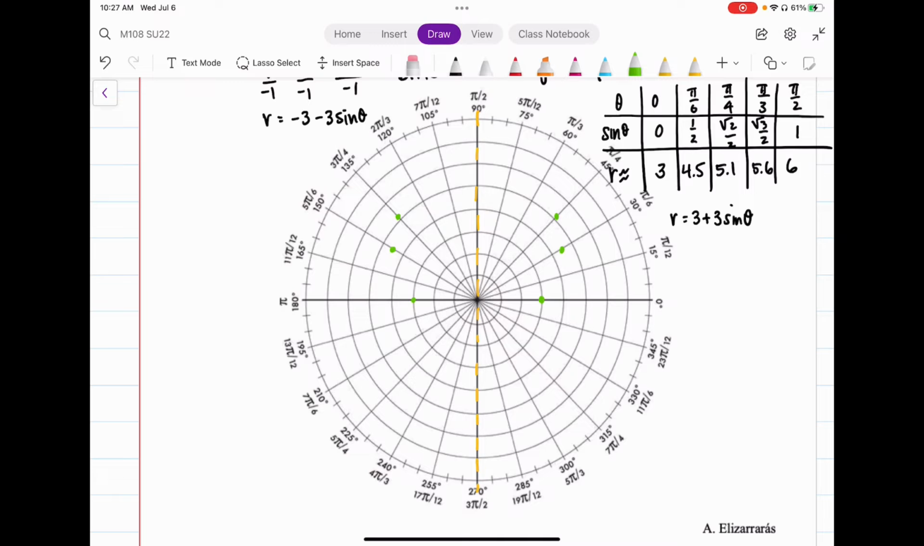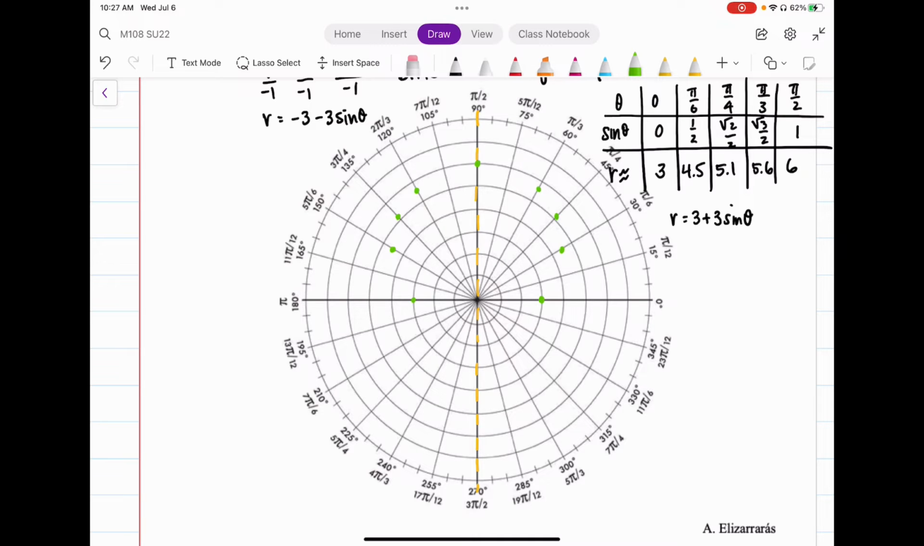At pi over 3, I'm at 5.6. I'm a little bit larger than 5.5. I'm going to mirror that at 2 pi over 3 as well. And then at pi over 2, I'm at 6. We're getting a little bit of an image that looks like a circle, but we don't really know what's happening